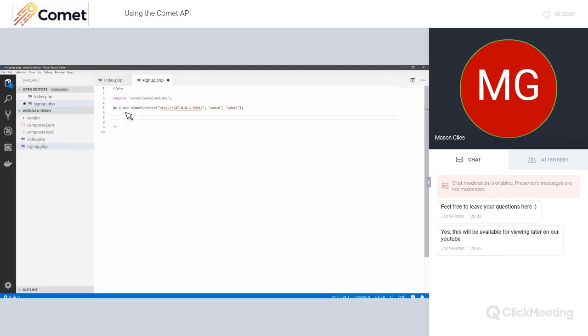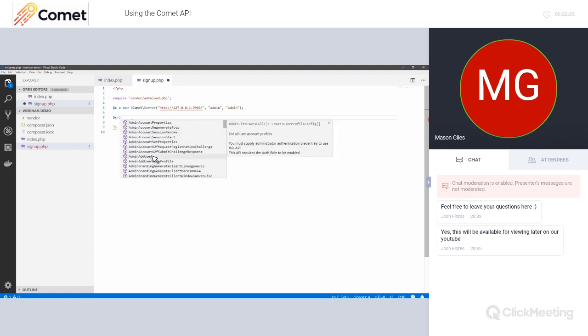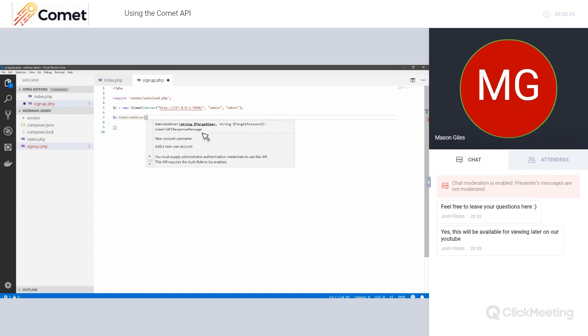Or if you're using this, then everything's autocompleted. So I can just go in here and, oh look, it's right here. Admin Add User. To add a user, we need to know the new user's username and password. Great. So let's build a little form that asks the user for a username and password, and then creates the